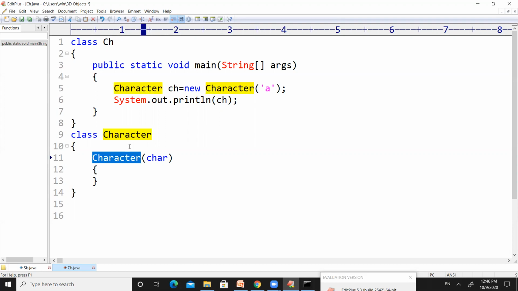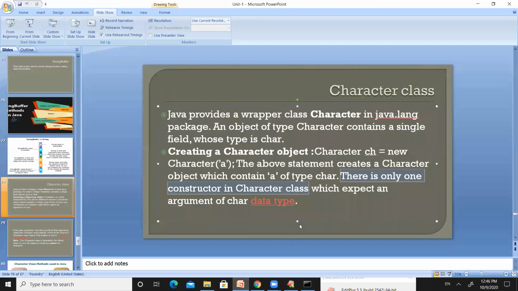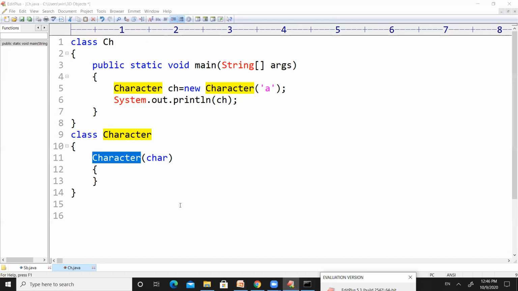So inside the Character class, there is only one constructor, and that constructor expects an argument of char data type. So if somebody wants to execute this constructor, they need to pass one value. That value is of character type. Here you can observe, if I want to make a call to the constructor, I need to pass a char data type value.